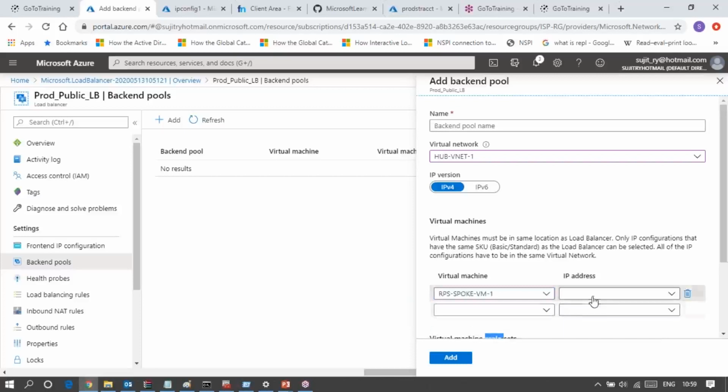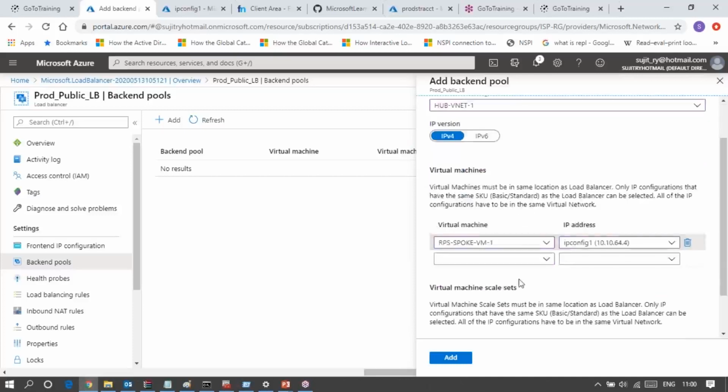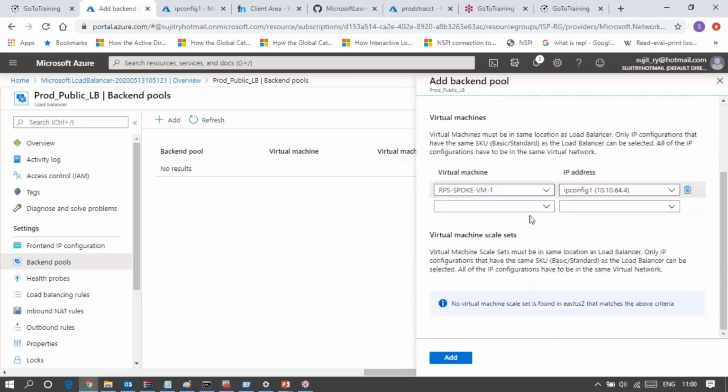When I choose my virtual machine, it shows me the IP config related to the private IP, not the public IP. Got it. Now I can provide the backend pool, back lb pool underscore one. I have a VM scale set option. If I have any VM scale set in the same location with the same setup, I can find that also. But now I just click OK.